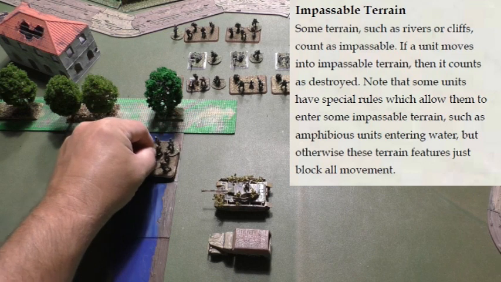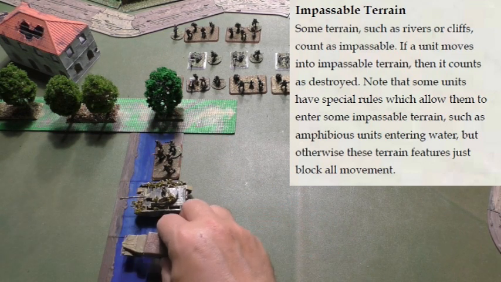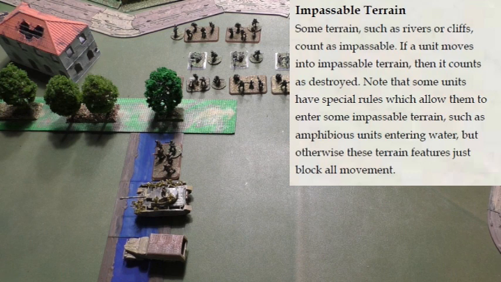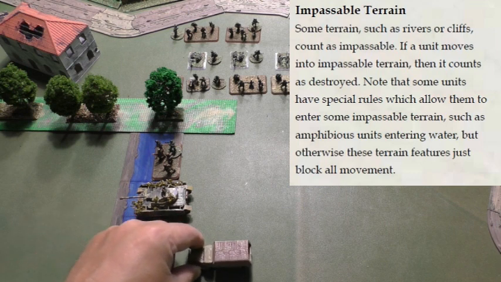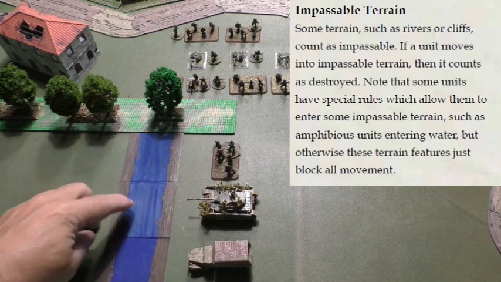If infantry or a vehicle tries to cross water, it will sink and be destroyed. Then you have to take a battle counter. So they are considered impassable terrain. You may have smaller